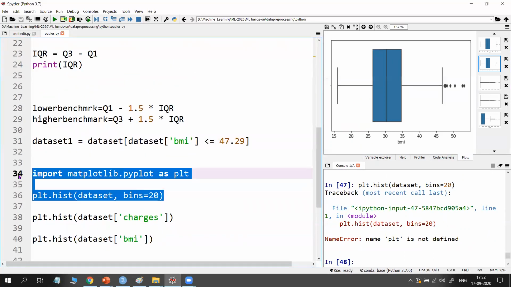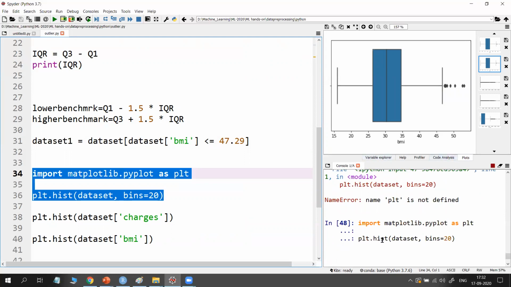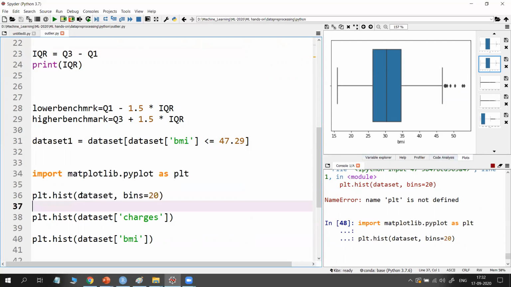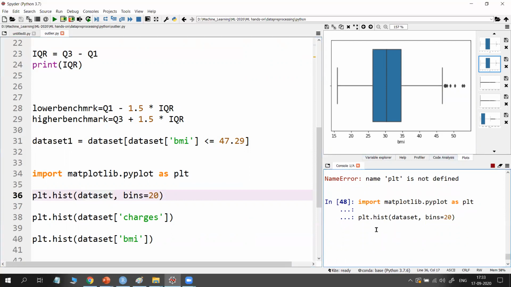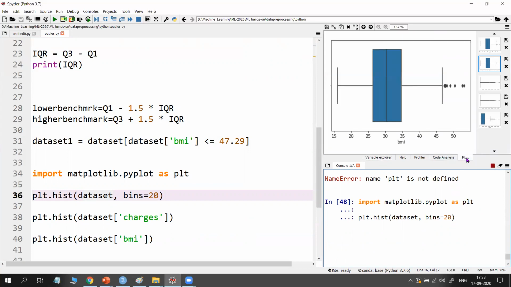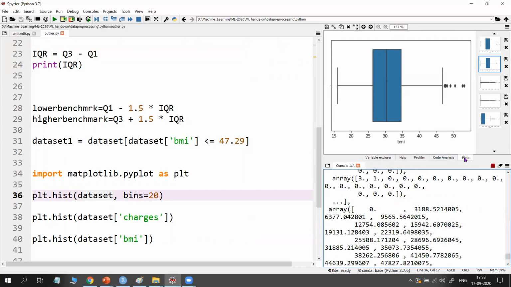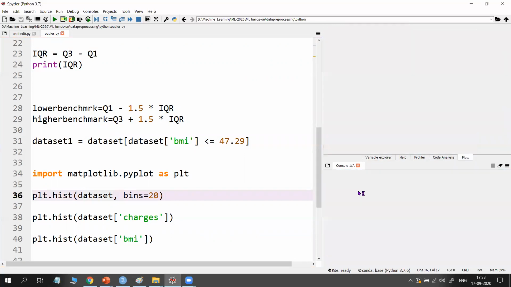So run these two lines. This plot will take some time. It prints the histogram of the whole dataset because I had given the whole dataset. That's why it is taking some time. In this way, you find the lower value and higher value. See the histogram of the values. If you print it as hist, it shows the values.